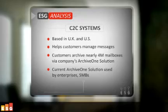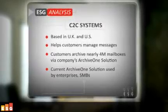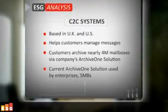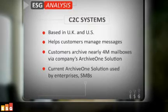C2C, based in the UK and the US, has been helping customers manage messages since the early 1990s, with its customers archiving nearly 4 million mailboxes via the company's ArchiveOne solution. The current ArchiveOne product is a fifth-generation offering used by large enterprises and small to mid-sized businesses. Customers enjoy the fact that C2C enables them to set policies to determine what data to archive rather than archiving everything, saving archive-related storage costs. And ArchiveOne's back-end architecture, which stores messages in a standard file system rather than a Microsoft SQL Server database, reducing